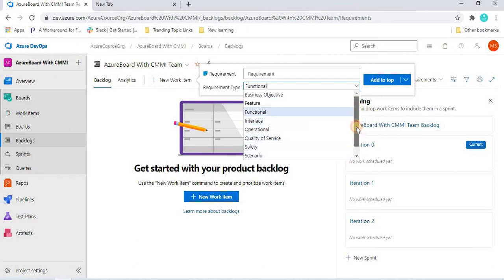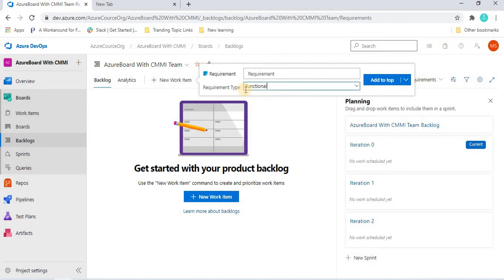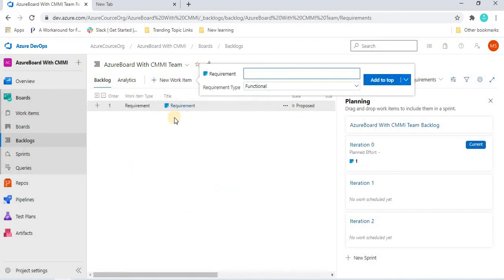So there are different types of requirements available, like feature requirement, functional, interface, or business objective. I'm going to select functional, based on our industry and what kind of requirement we are going to create. So I'm going to select functional, and when I click on Add to top, it will create a requirement for us.